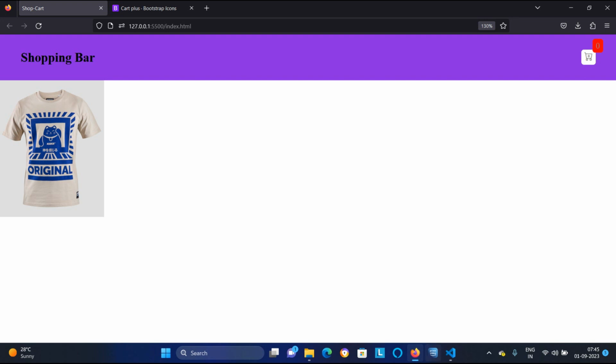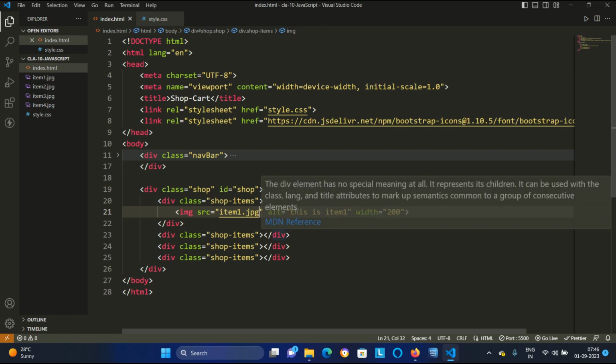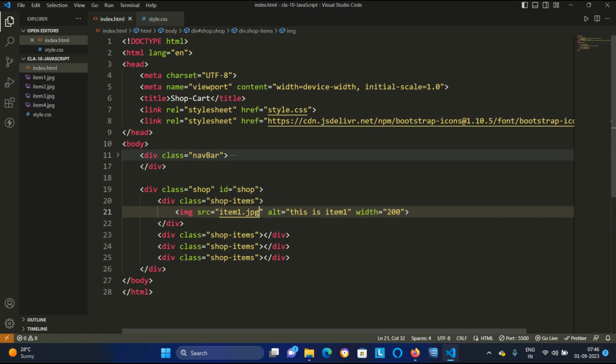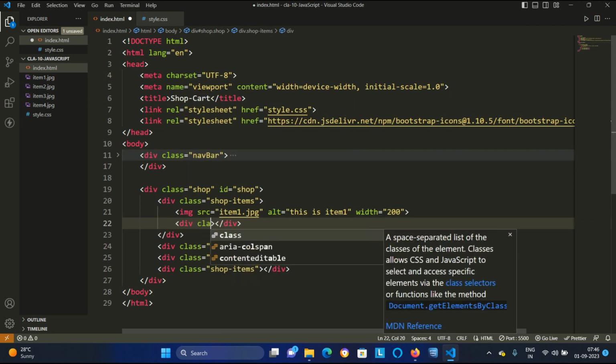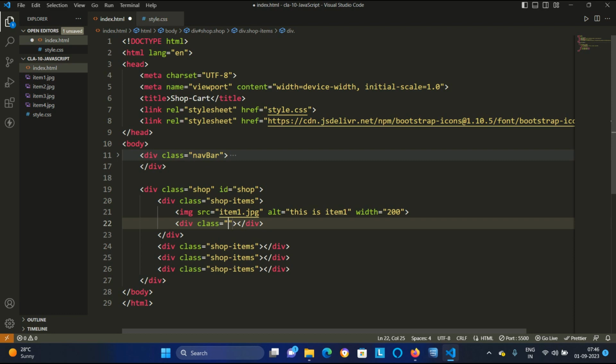Now after this image I will have some bottom part. After this image I will create another div whose class I will say bottom text.